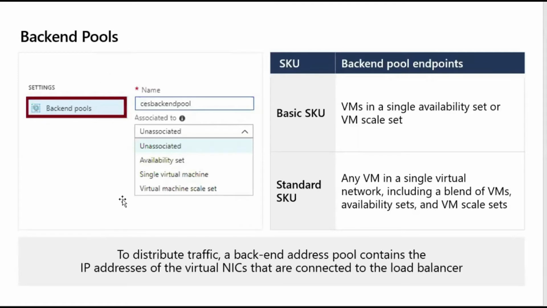Backend pools. To distribute traffic, a backend address pool contains the IP address of the virtual NICs that are connected to the load balancer. So a backend pool basically contains the NIC card. Basic SKU supports VMs in a single availability set or VM scale set. Standard SKU supports any VM in a single virtual network, including a blend of VMs, availability sets, and VM scale sets. So this one only supports VMs in a single availability set. That means this basic kind of load balancing it will do, but this one supports